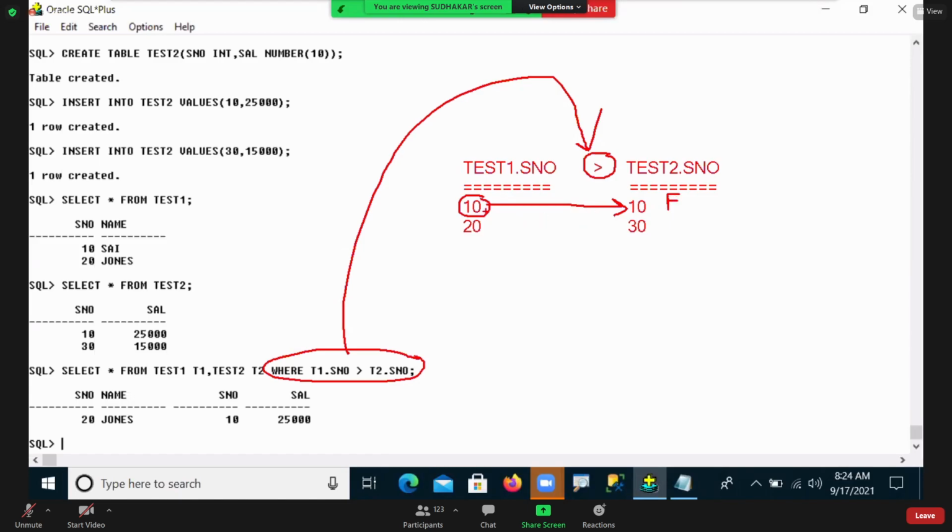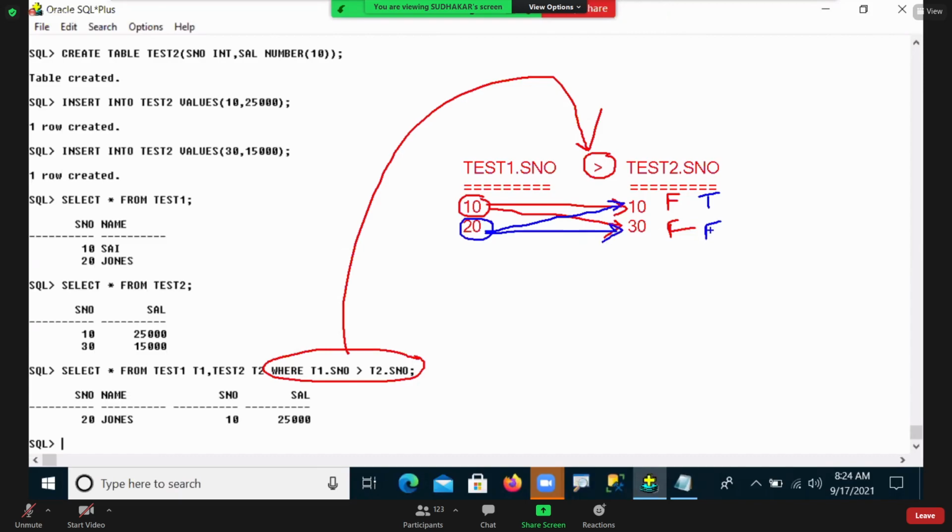Next, 10 greater than 30. This is also false. Next, 20 is there. Now compare: 20 is greater than 10. The condition is true. Next, 20 is greater than 30.